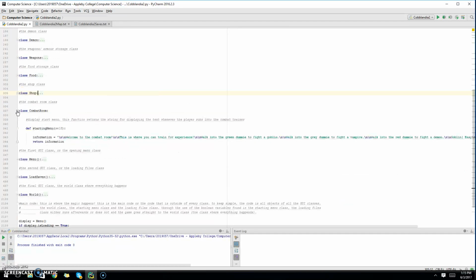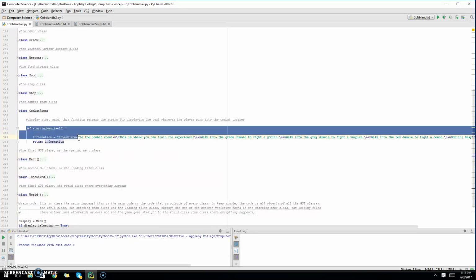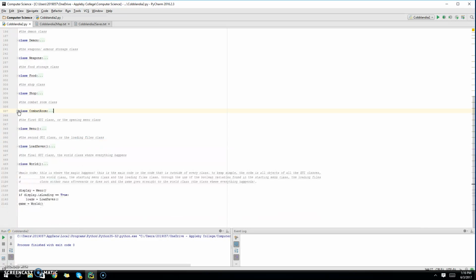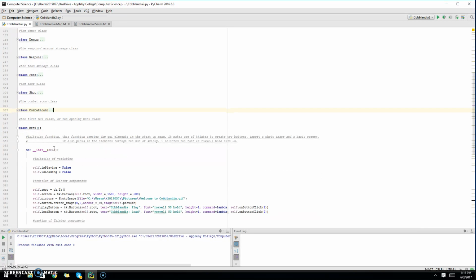Next up, got the combat room, and this is where you can train for experience. Obviously, it's much like the shop in the fact that it just returns a string as the only function, and it's whenever you run into the combat trainer, which we'll see later on. Next up, you've got the menu class, which is the first sign of me using GUI,